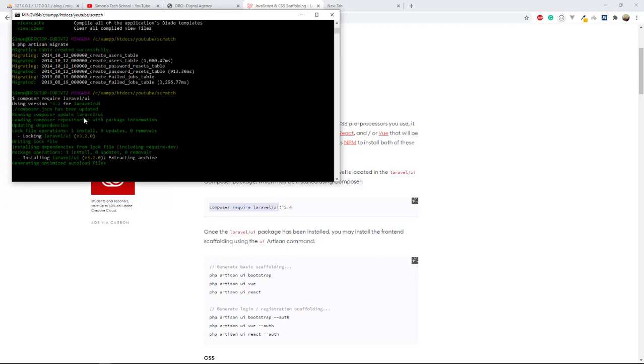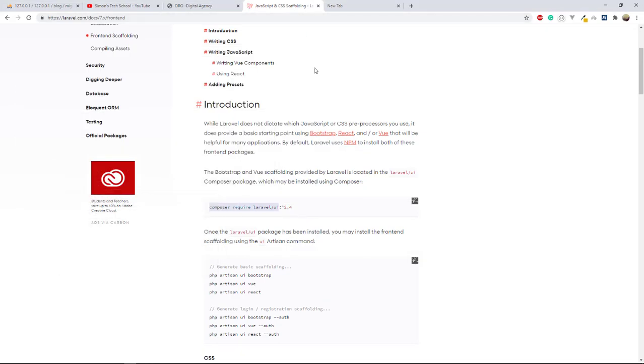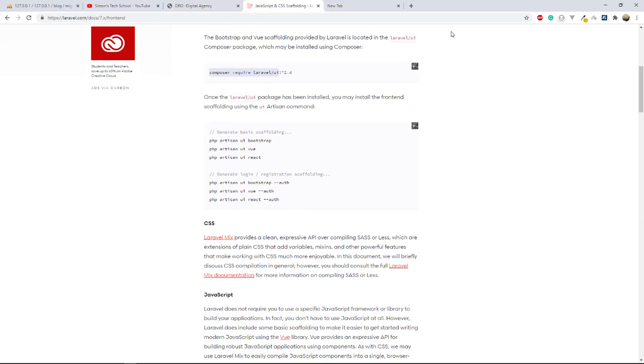So that is the package that is going to help us do authentication, the authentication scaffolding, in a much easier way. Some of you, if you are just a beginner, may not understand what I'm saying, but you're going to understand it. Now, as it installs, there are various ways that you can, for example, after that you can just do the